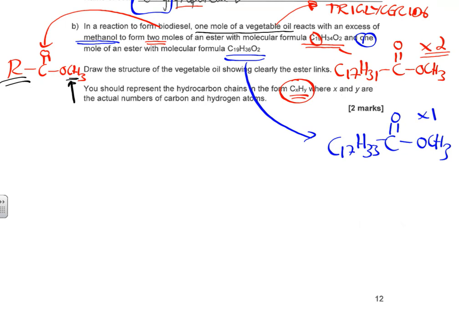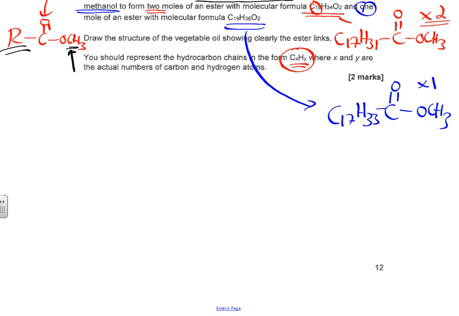I've done all this thinking. I haven't got any marks yet because my marks are coming from drawing the structure of the vegetable oil. So your vegetable oil should be based on glycerol. If I start drawing the glycerol portion here in black, well, there we go. Propane 1,2,3-triol is the glycerol as its IUPAC name, and this is going to be the beginning of my triglyceride,